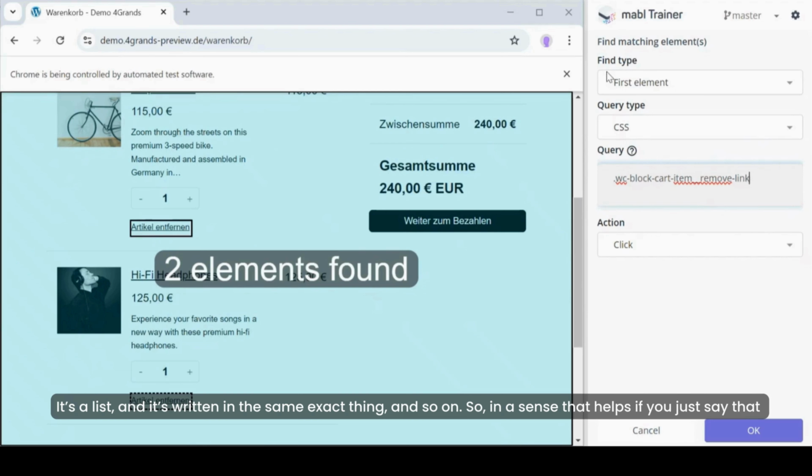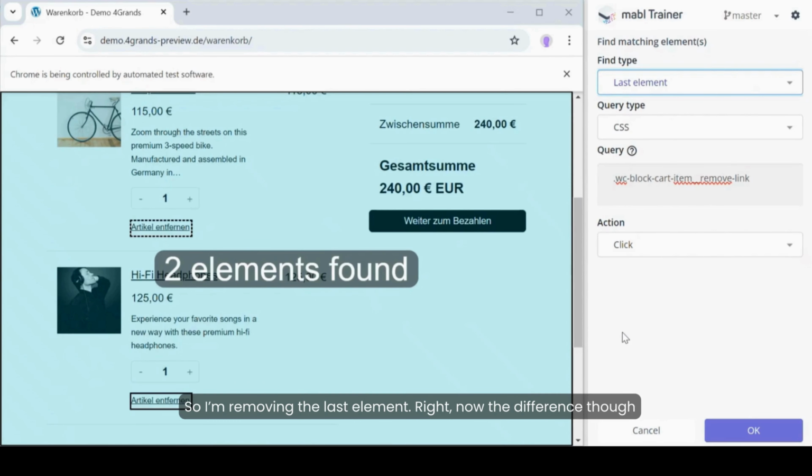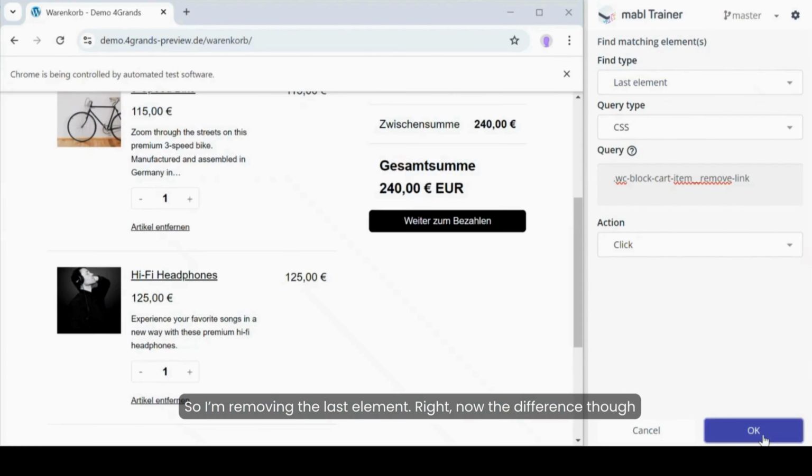So in a sense, that helps if you just say it's the first element or it's the last element. If it's the last element, it will choose this one and so on. So I'm removing the last element, right? Now, the difference though